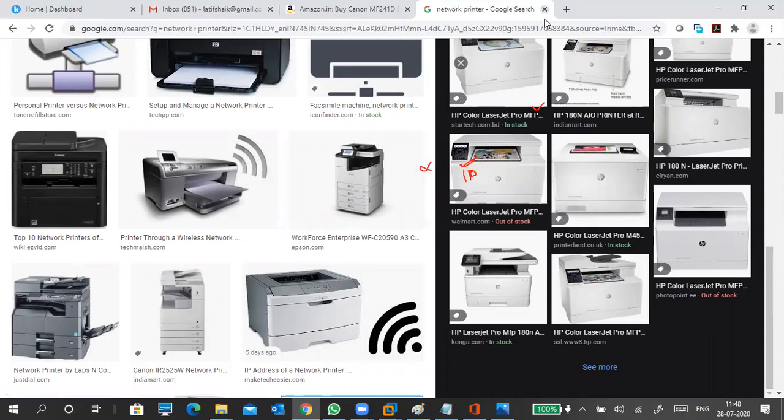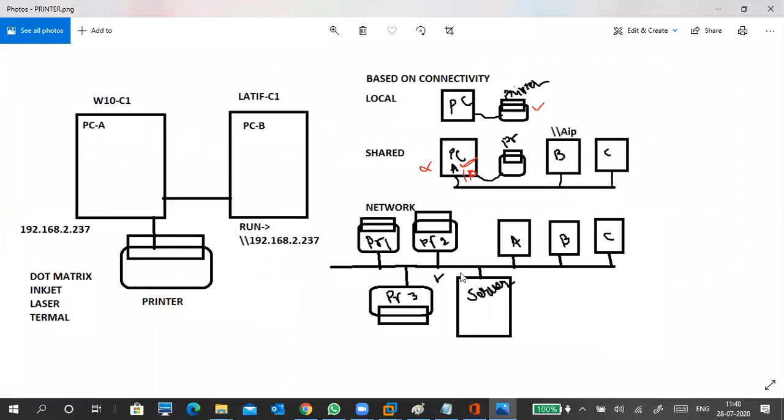Okay, guys, it is a printer itself. It's not a normal printer. Normally, a network printer contains its own NIC, either Wi-Fi related or wire related. It contains its own NIC. So we can connect the printer into the network.